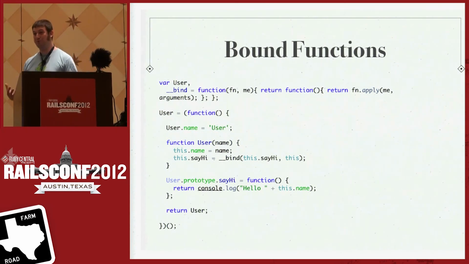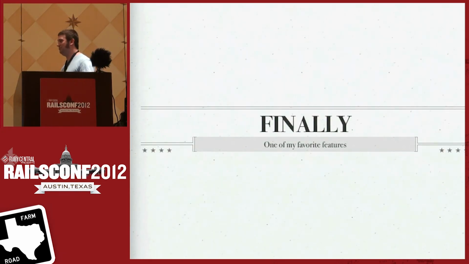When we were looking at the Backbone code that Sarah was showing, she had a line where she was binding the render function to this on that class, on her view class. And you don't need to do that anymore. Instead, when you're creating the render function, you just use a fat arrow, and that binding just happens for you automatically. So finally, one of my favorite features, this is the last of the three